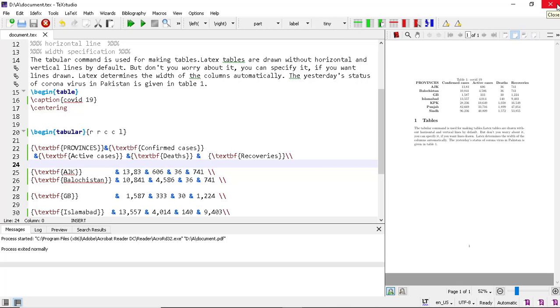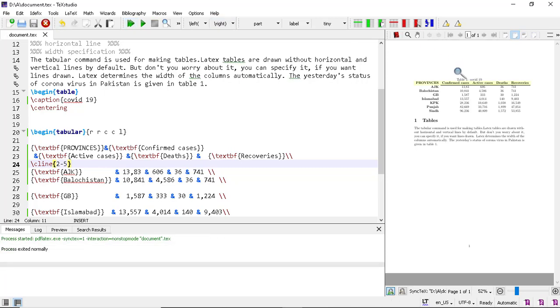Another thing, if you want a partial horizontal line between different columns, say for example between column 2 and 5, we have to add slash cline within curly brackets 2-5.